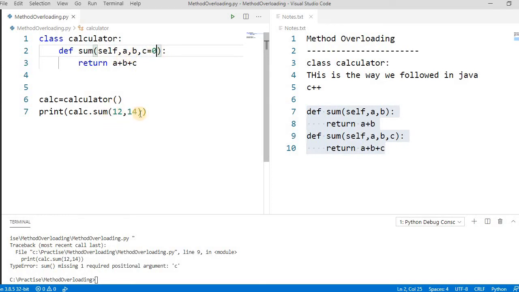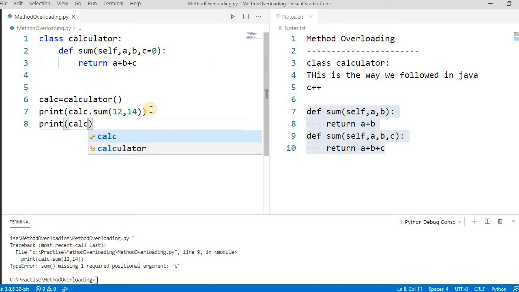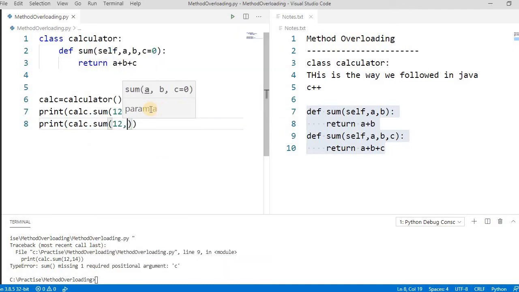So it will work for two numbers, and it will also work for three numbers. Now print calc.sum, and it will work for all cases. Why? Because we are passing the default value, c equal to 0. Once we pass c equal to 0, if we pass 12 and 13, it takes the value of c as 0.